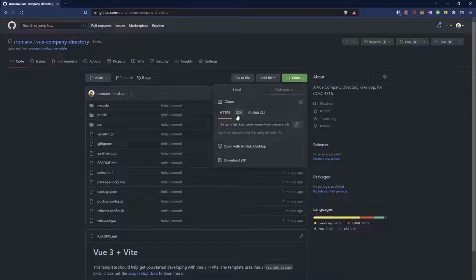I already have set up my SSH. That's why I can see this option over here. Even if you have the GitHub CLI, I will not introduce that in this video. You can actually use that one too. But for now, I will just use SSH for me. In your case, use the HTTPS version. So you can just clone it, or copy it over,